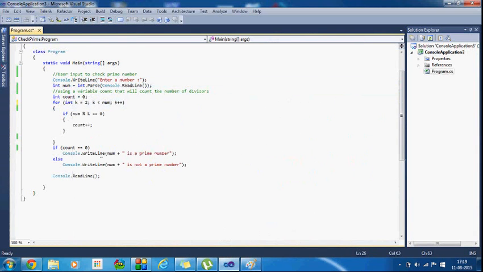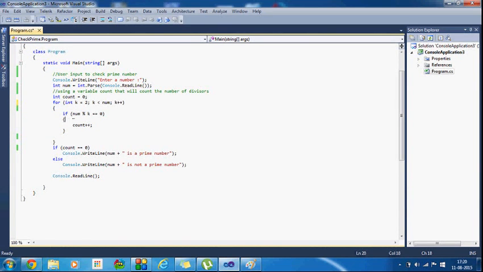So here what will happen? The user will input 15, then count is obviously 0, because first I have initialized it as 0, and k equal to 2. Then this block will come: 15 modulo k equal to 0.